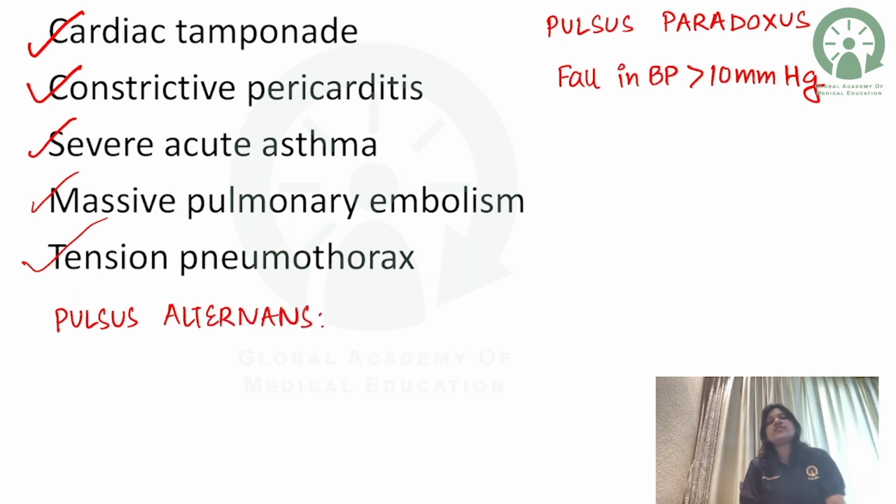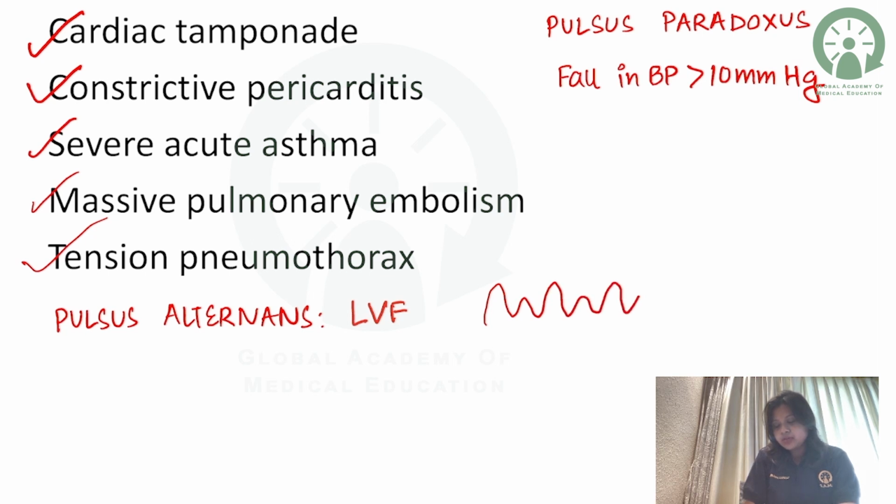It is nothing but an alternate of high and low volume pulse, and it is characteristic of left ventricular failure. Okay, so it is a feature of high and low volume pulse. So this is what waveform you are going to get in case of pulsus alternans. So we did pulsus paradoxus and pulsus alternans. So from the physiology point of cardiology, we did the jugular venous pressure and two very important pulse characteristics of